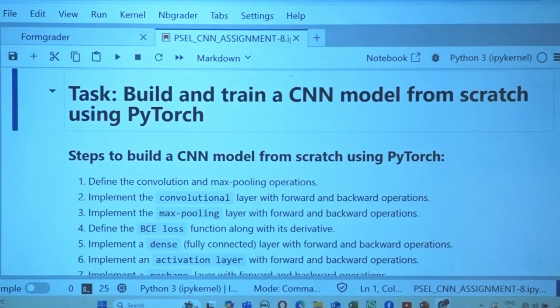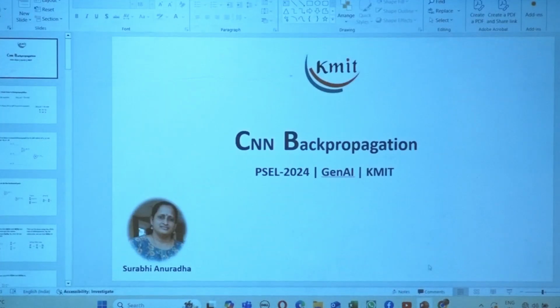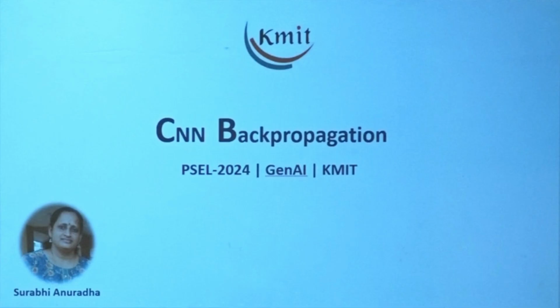Before moving into the implementation of this layer, first we need to understand how the back propagation will happen in convolution. If we know this concept, it will be easy for us to write the lines of code. Once we understand this, it is a matter of 4 lines of code only. Let us focus on this concept right now. The topic we are going to discuss now is the back propagation in convolution.